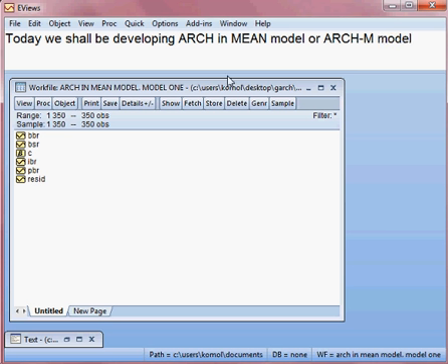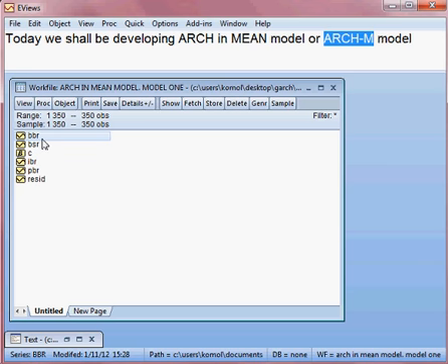That we shall be developing today. ARCH in mean model or GARCH-M model. Okay, that we shall be developing today, and we have a few variables, here are the variables, that is